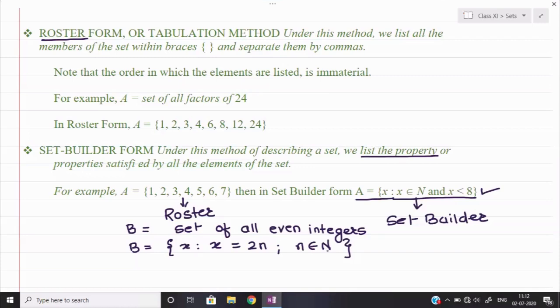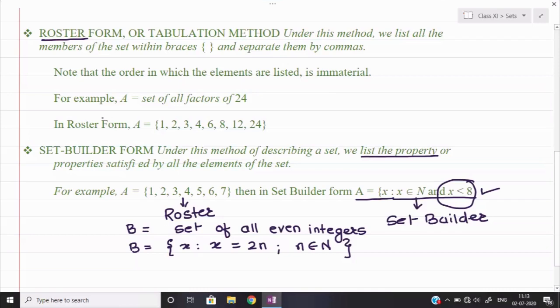It will go up to infinity, because there is no limitation for the upper value, as was given in the earlier example. There the limitation was x is less than 8, but here we are not giving any limitation. So it is not possible to express it in a meaningful form, and sometimes it is not feasible to write down the given set in roster form, which you will experience with the help of different questions. So both the forms have their own importance.